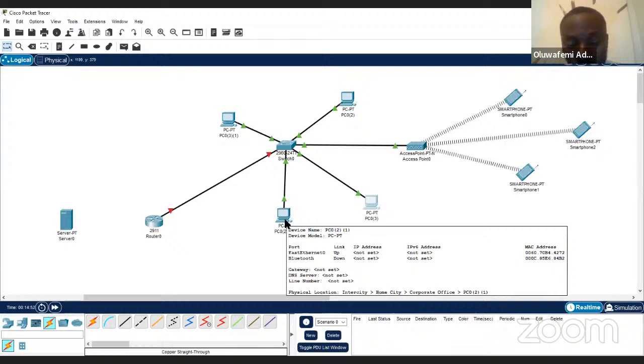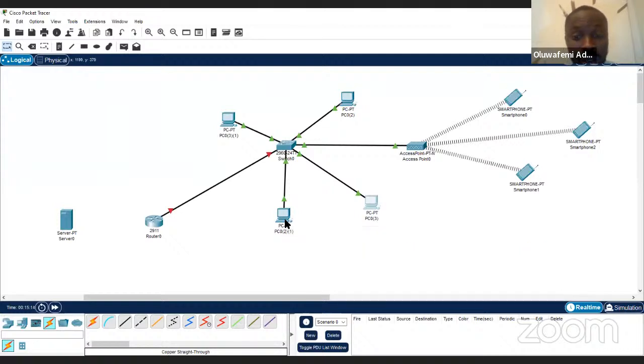Do you understand? Within a network, an IP address that works within a network is called a private IP address, and it's in three sets, Class A, Class B, Class C private IP addresses. The Class A is 10.0.0.0 to 10.255.255.255, while the Class B is 172.16.0.0 to 172.31.255.255. The Class C is 192.168.0.0 to 192.168.255.255. I'm sure you are very familiar with that.